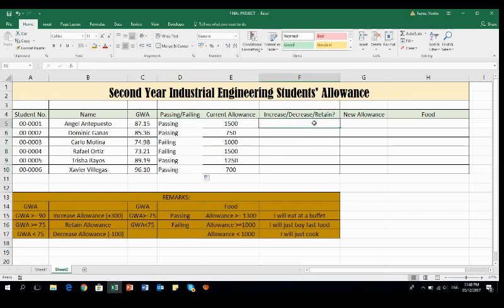So like what I said earlier, nested if is just a combination of if conditions. So we start again with an equal sign, then the word if, and then the open parenthesis, then the logical test. This remark will help us in identifying what will be placed in the conditions. So if C5 is greater than or equal to 90, then it will print the word increase allowance, comma,